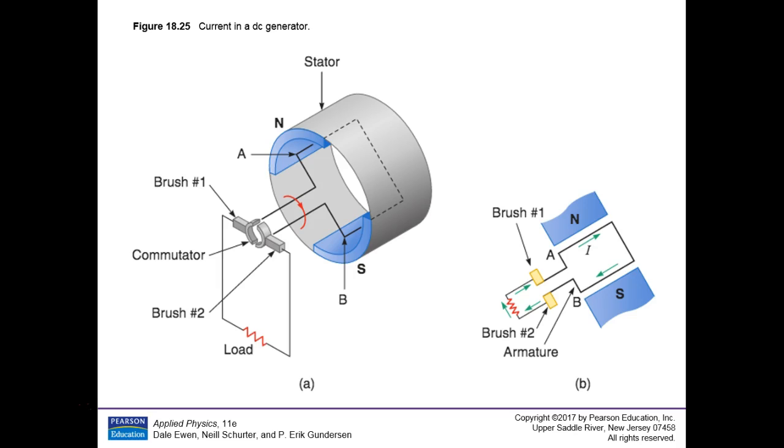Strong permanent magnet here, north here, south here, strong magnetic field lines here. You turn a coil of wire inside that. Here, the wires are cutting a lot of field lines. Here they're not cutting many. Here they're cutting a lot, but in the opposite direction. And if you turn that in that strong magnetic field, you've got current flowing through the wire. Alternating current. And that's how they produce electricity.